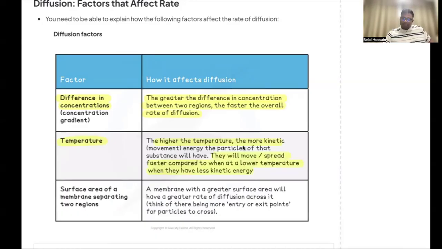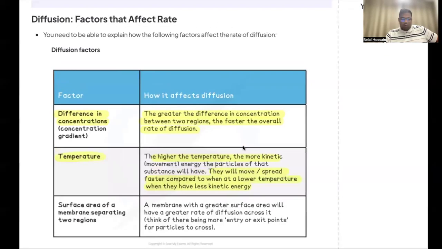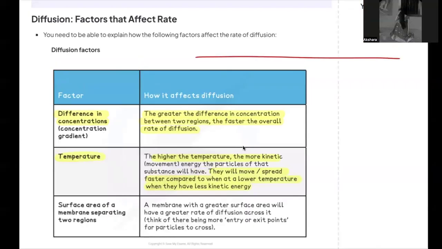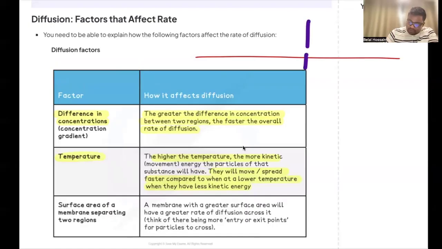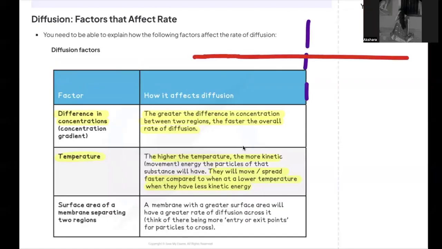Did you get the point? Sir, could you just, I don't understand the difference in concentrations. You don't understand the difference in concentration. Okay, so imagine this is the cell membrane, the red color one. And these are the two places. We're talking about two places. This middle one is the cell membrane. Now you have here